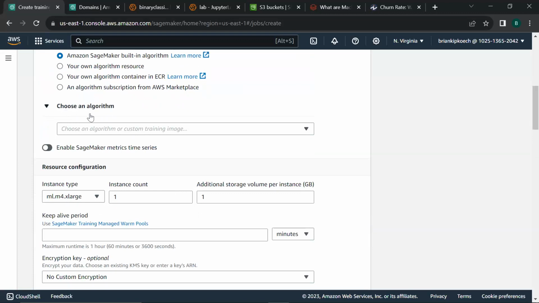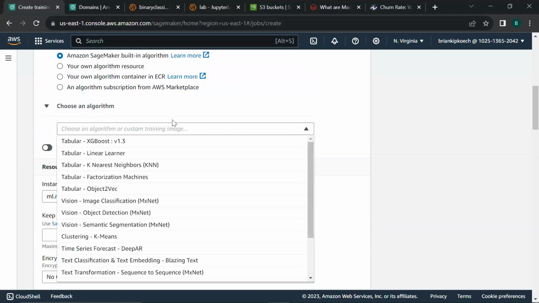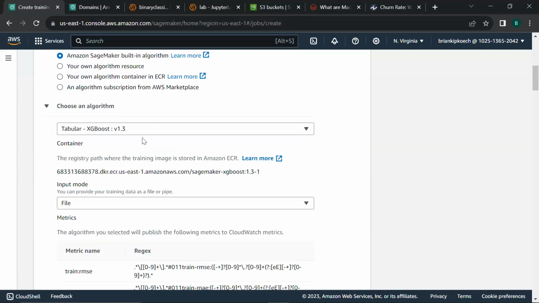So you choose the algorithm. That's the third step through this particular drop down. In this case, since it's a classification problem, we are going to use XGBoost. We'll just use XGBoost to try to predict the expenditure churn. And notice something, once you select this XGBoost, a URL is automatically populated here. So this is where the XGBoost model is contained. It is in an ECR in US East 1.